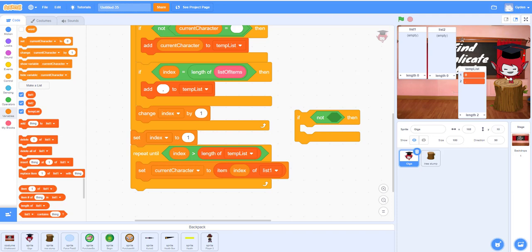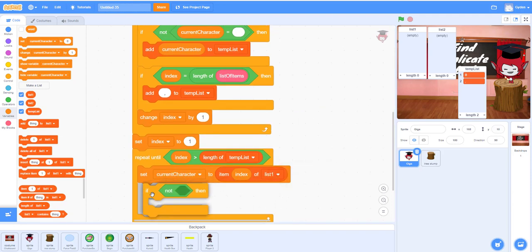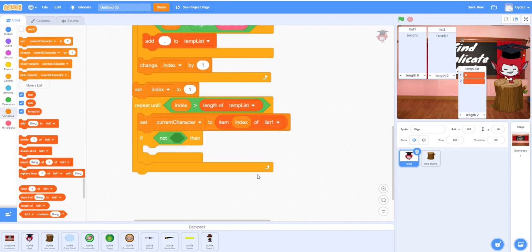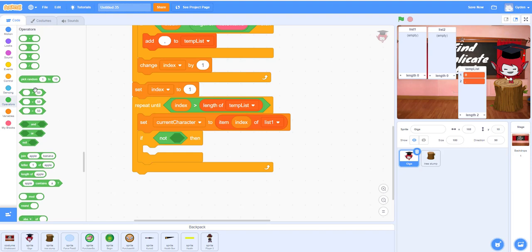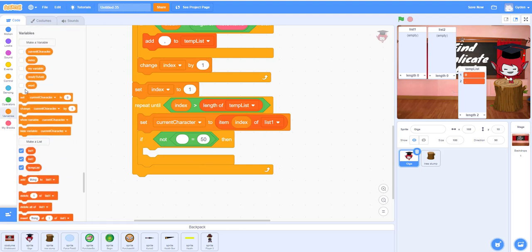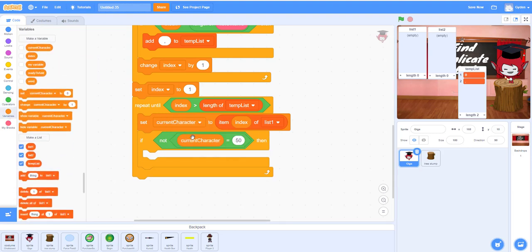So you have the current character. After that we are going to check this current character, okay? What we are going to do is say current character not equal to the comma. So where we are adding the comma, right? We put in the comma, so we know how we divide the number, okay? If it's not equal to the comma,